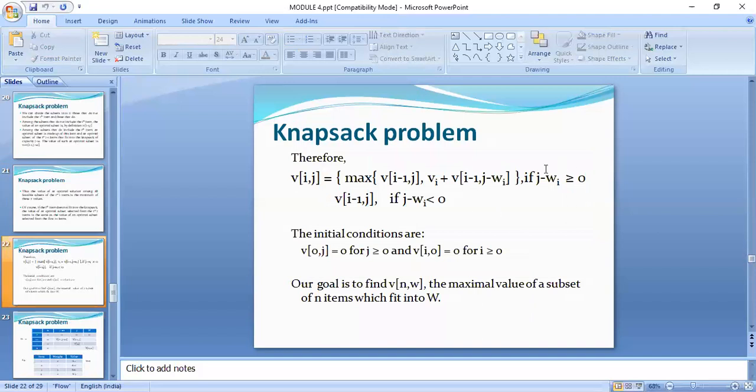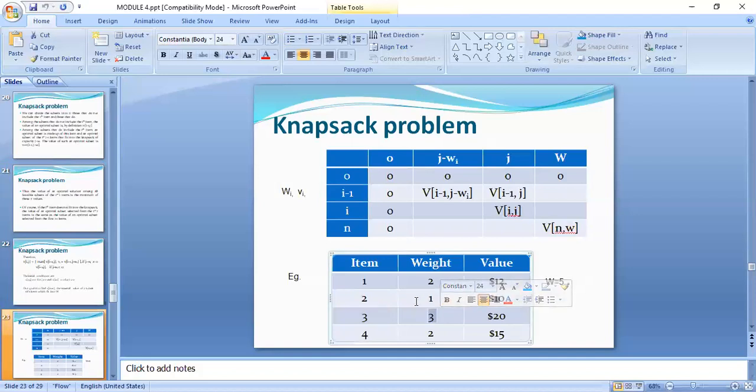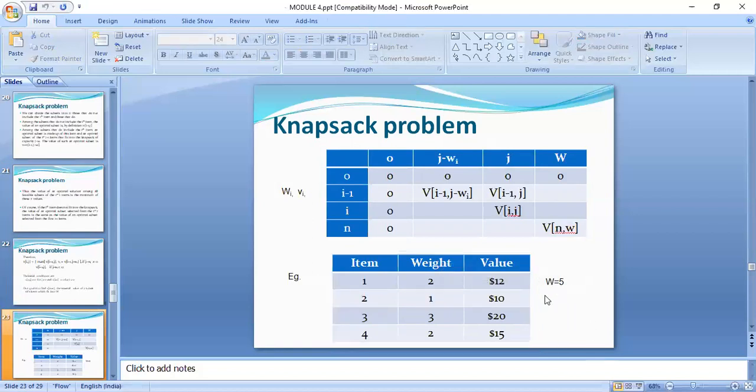But now, if you have the remaining capacity. For example, again, come to the same example. I am going to take the third item. When I take the third item, my remaining capacity was 4. I have taken only the second item where the weight is only 1. So what will be remaining? Totally, I have around 5. The knapsack capacity is 5.